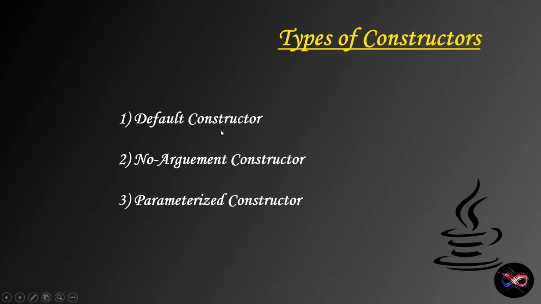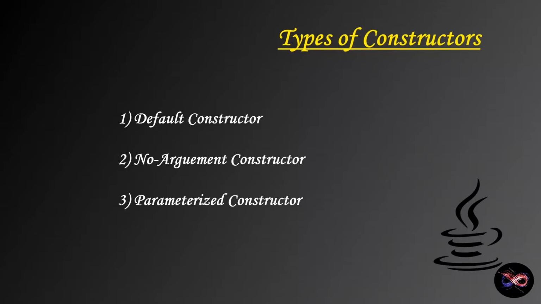So a default constructor is a constructor which is undefined and has no arguments or any parameters. Basically what I'm trying to say is if you don't implement any constructor in your program, the compiler is smart enough and it will insert a constructor into your code on your behalf. So that type of constructor that the compiler automatically inserts in our code is what we call a default constructor.